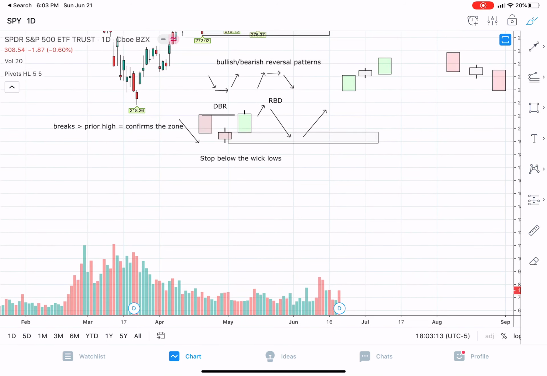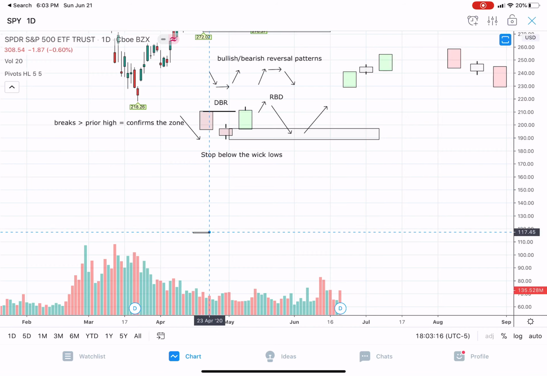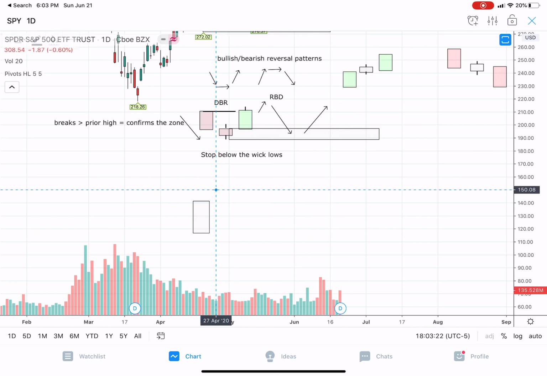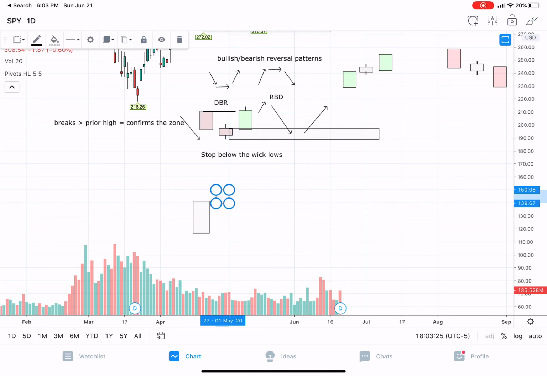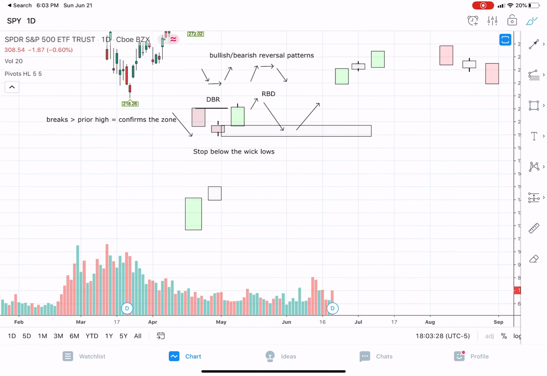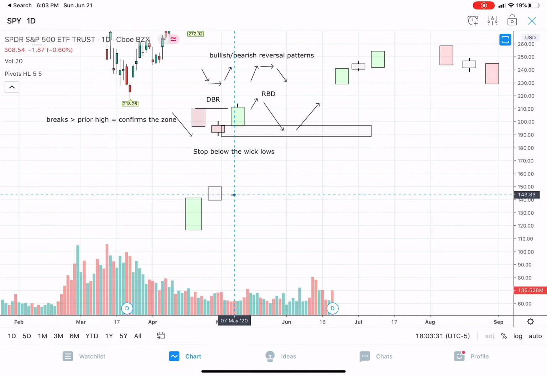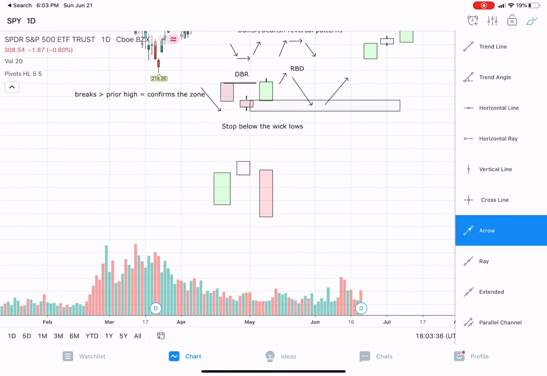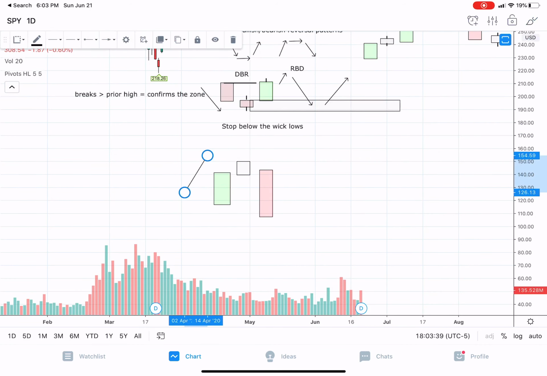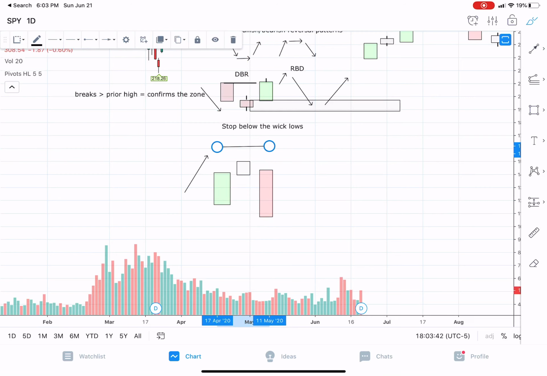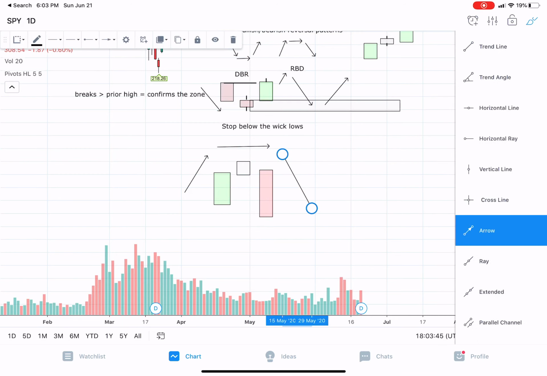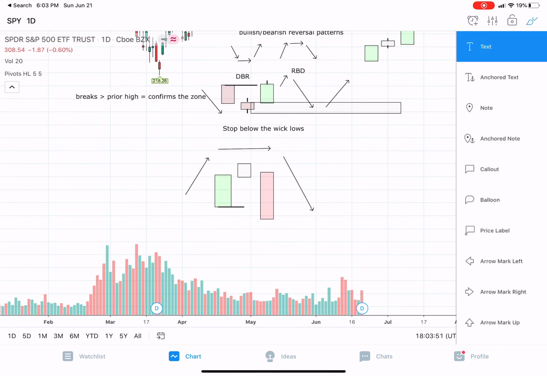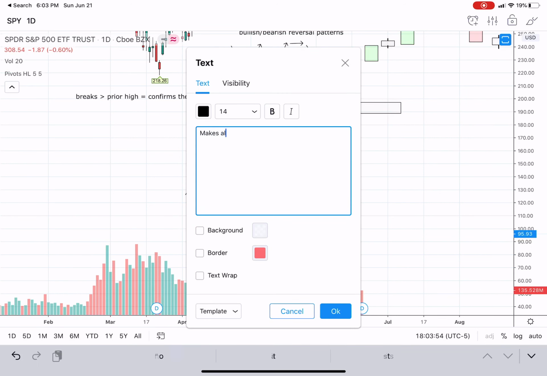Then we have one more pattern, which is the rally-based drop. It's just the opposite of that. It's your rally, base, makes a green candle, rally, base, drop. Same thing here. We get our rally, base, drop. Let's put it below the lows in this area. It makes a lower low,